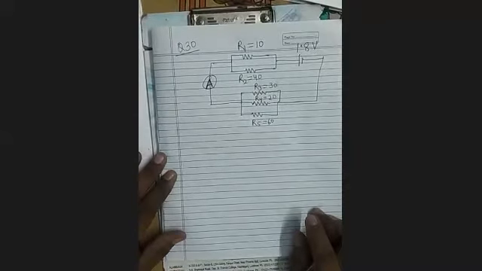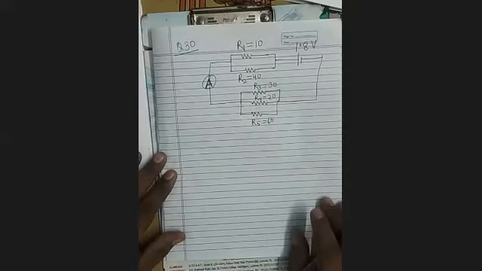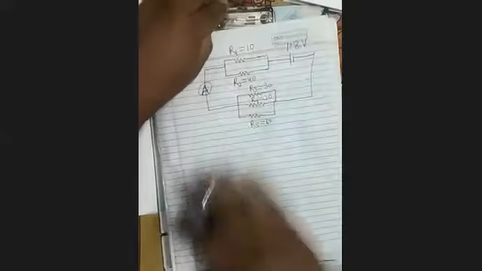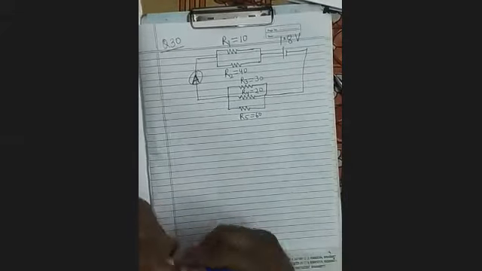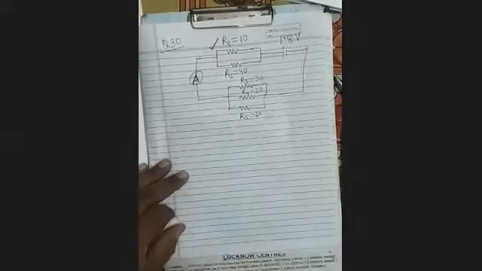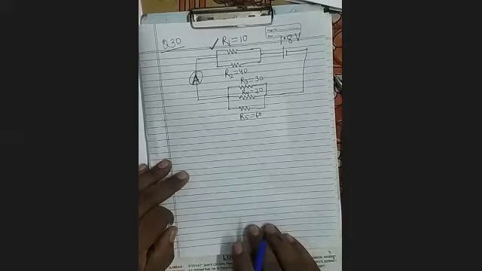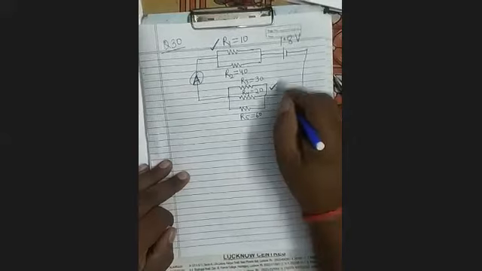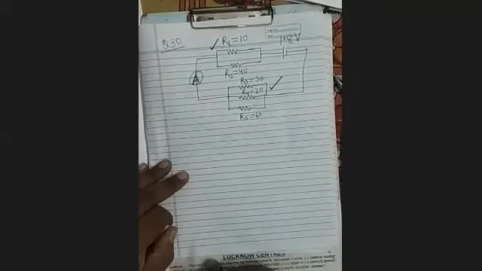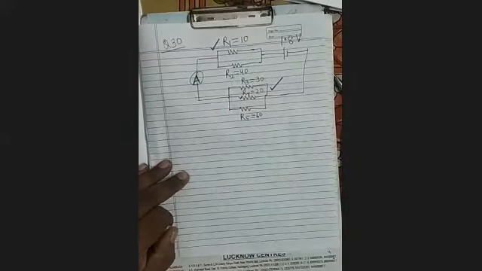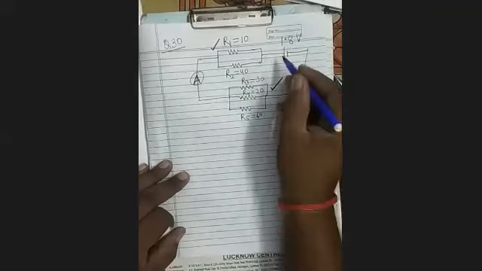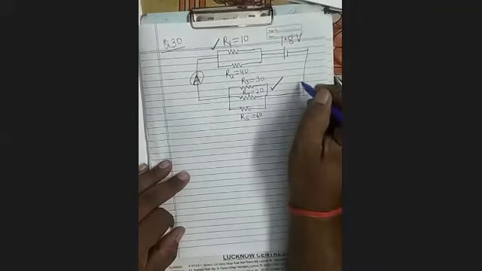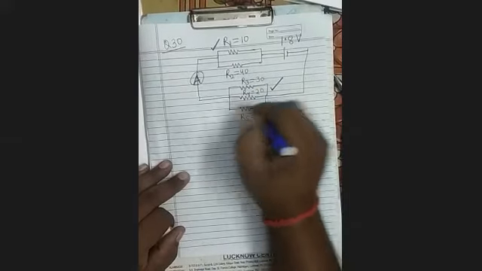Now see here. So how will you do this? You have to determine the total resistance of the circuit. Very simple. First, you determine the equivalent of these two. They are connected in parallel. Then you determine the equivalent of these three. They are also connected in parallel. And this part is connected in series with the cell. It's clear?